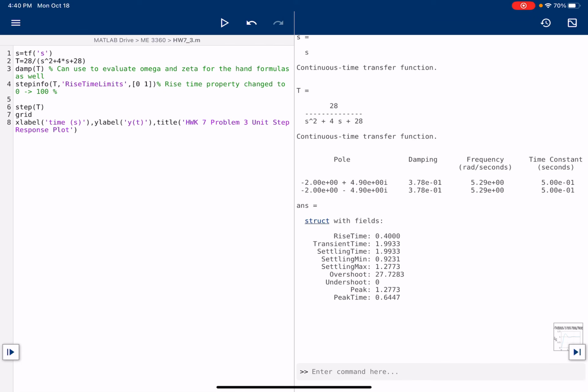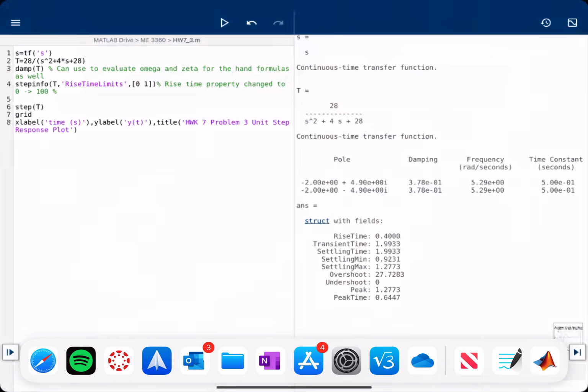And again, I'll be sharing this on Carmen. You can run it. If you have any questions, let me know. All right. So going back to